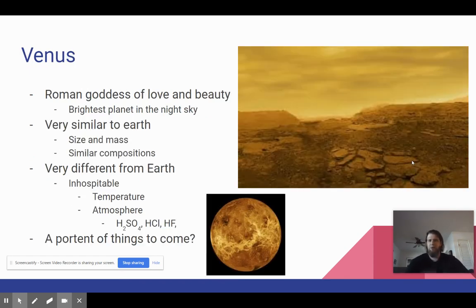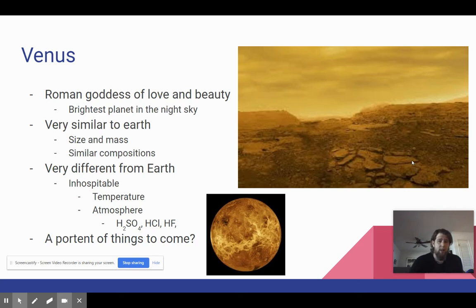Venus, which very well could have been like an earlier Earth, which we'll talk about later on. But Venus was the Roman goddess of love and beauty, and it's the brightest planet in the night sky. So how sweet is that? It's the brightest out there, and it is love and beauty. How cool! So it has a very similar size to Earth and very similar composition, which makes some scientists think